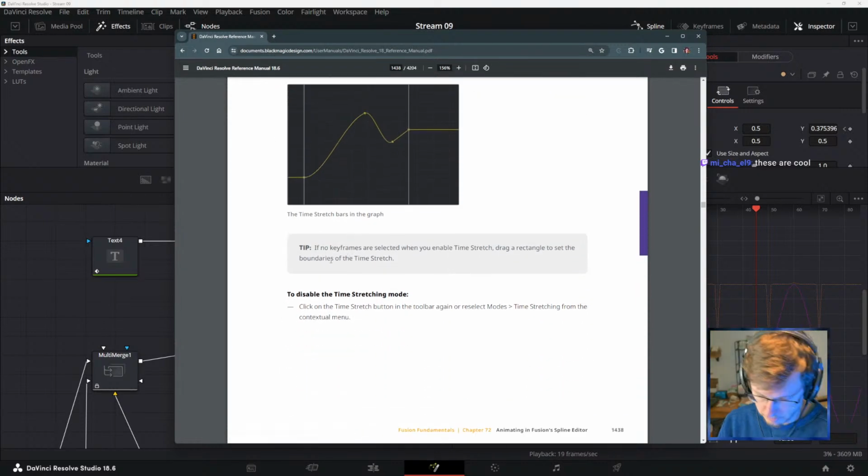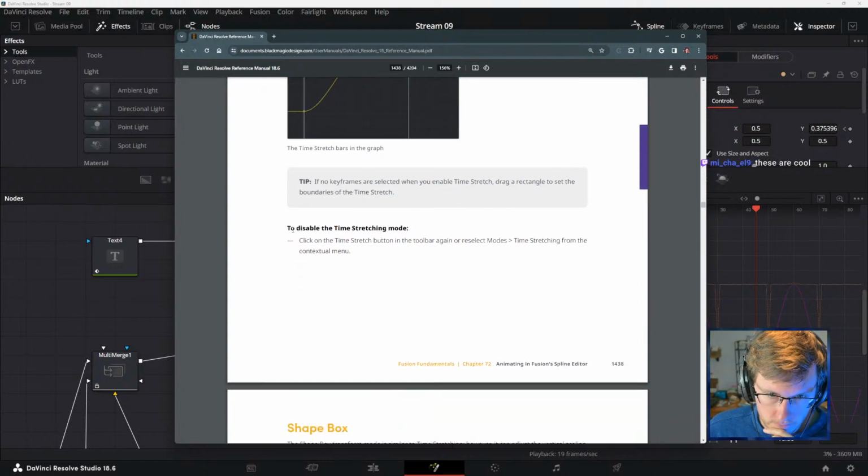Yeah, it's just like in keyframes. And then tip, if no keyframes are selected when you enable time stretch, drag a rectangle to set the boundaries of the time stretch. And then to disable the time stretch mode, you can click on the time stretch button in the toolbar again and reselect modes, time stretching from the context menu.